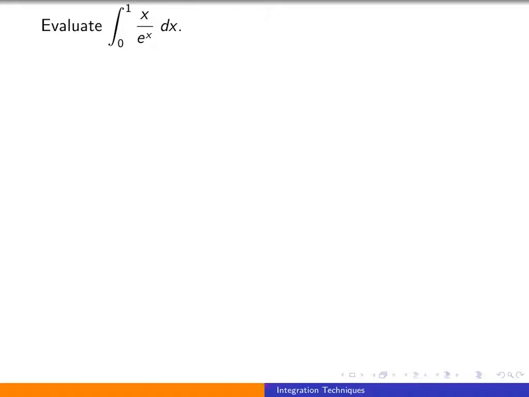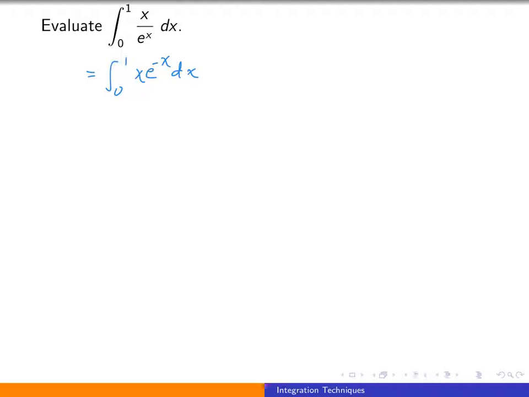In this example, we will evaluate the definite integral from 0 to 1 of x over e to the x. And the key observation to make here is that just rewriting the integrand makes it much more apparent in terms of the method of approach we'll use. So x over e to the x is equivalent to x e to the minus x. And when we see the integrand written in this form, immediately we note that it's one of the desired forms